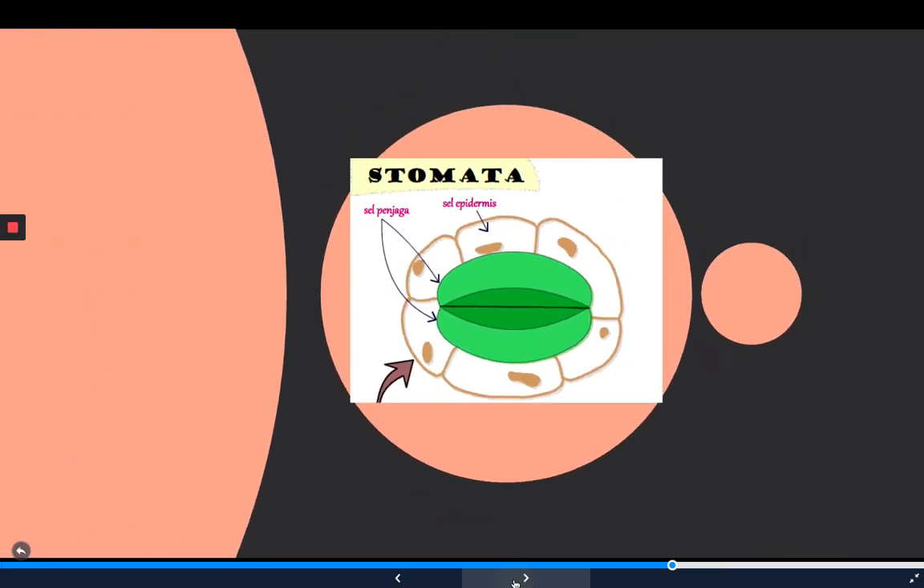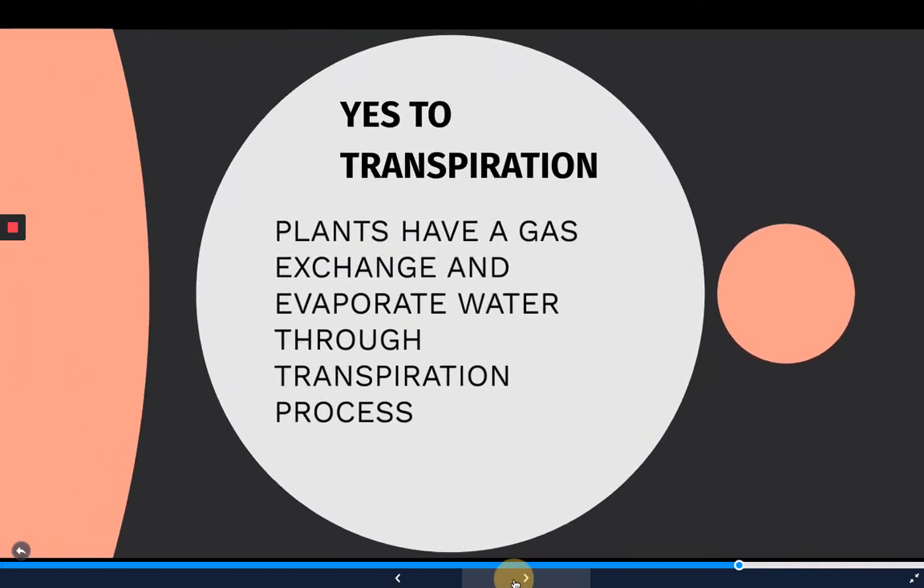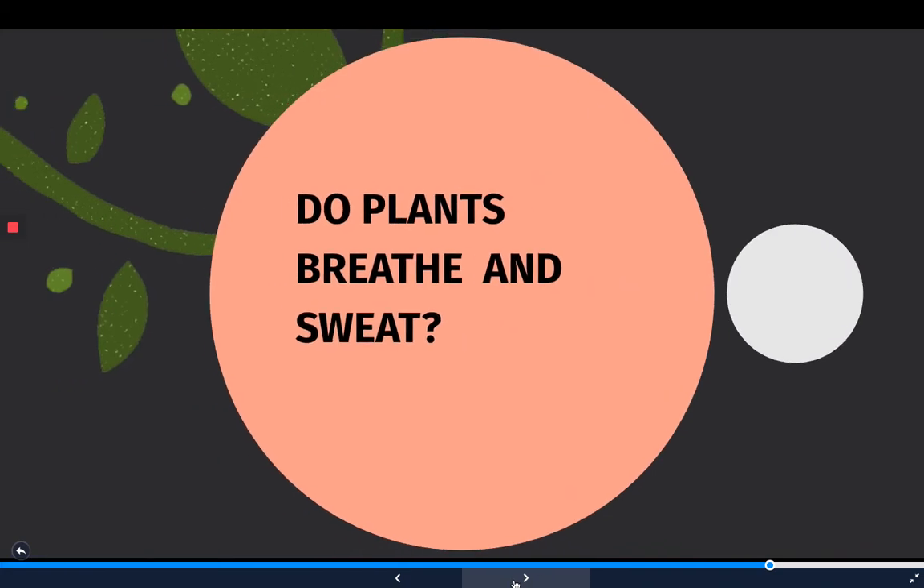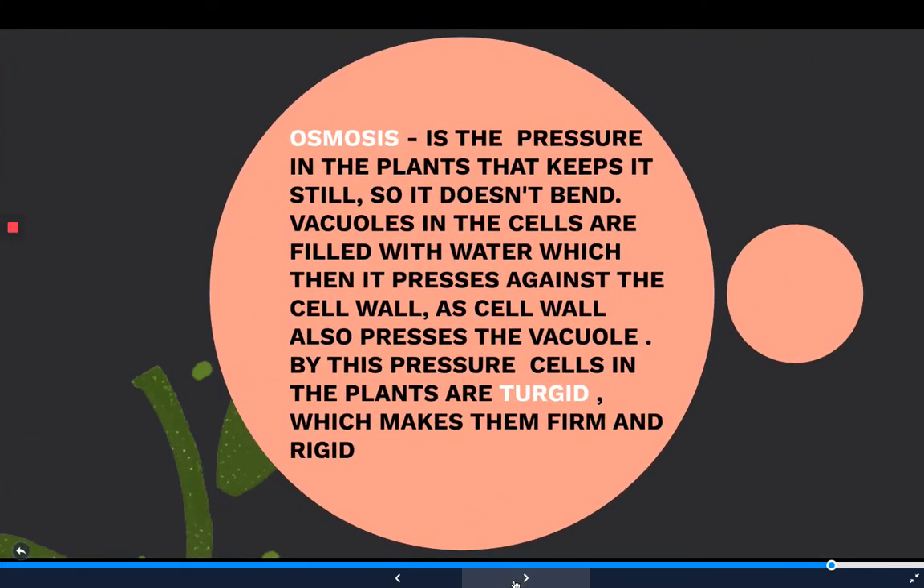But now we have another part. Osmosis. What is osmosis? It is the pressure in the plants that keeps them still, so they don't bend. You know that we see plants are all the time firm, rigid, standing still. They do not have a skeleton, of course, but how do they keep firm